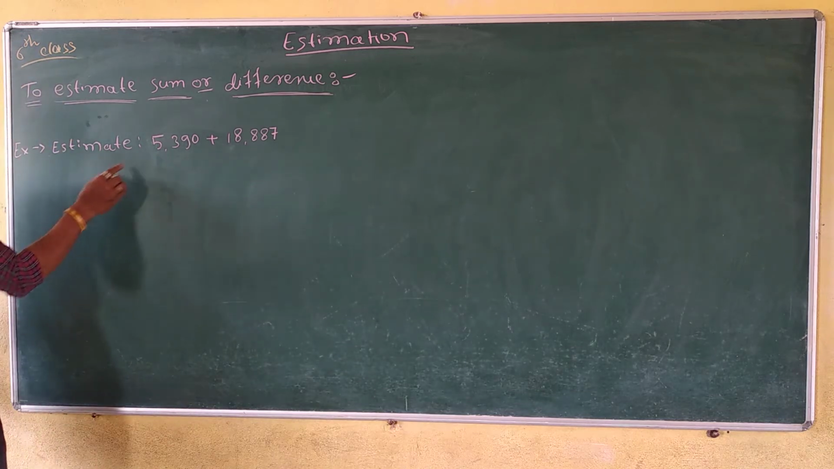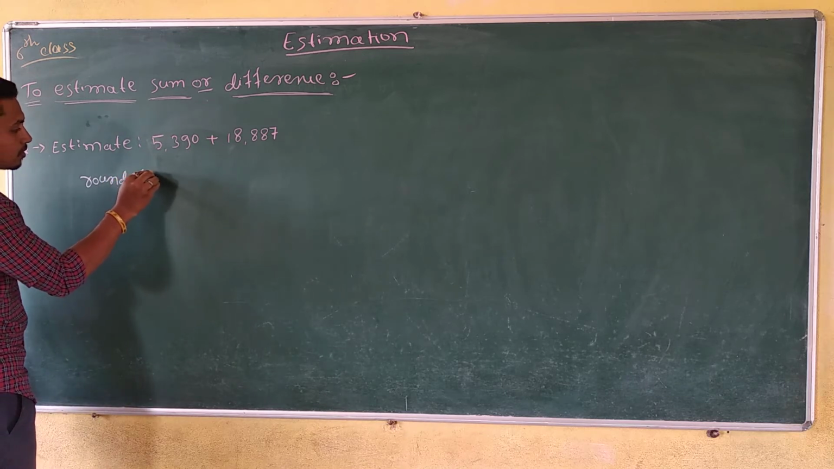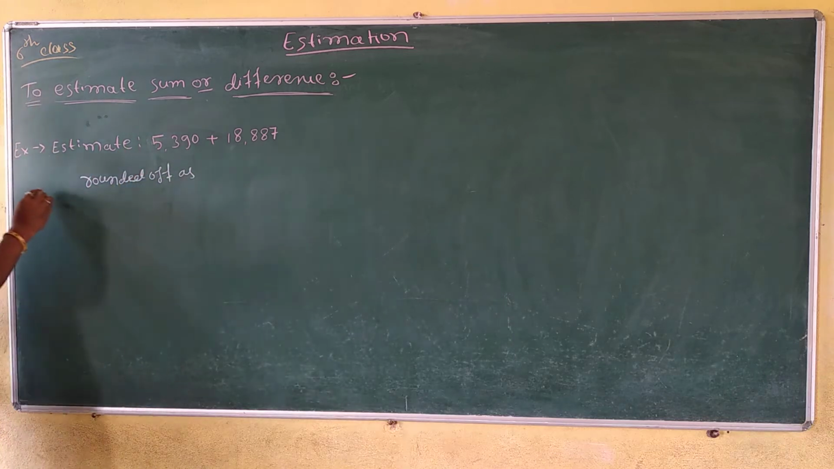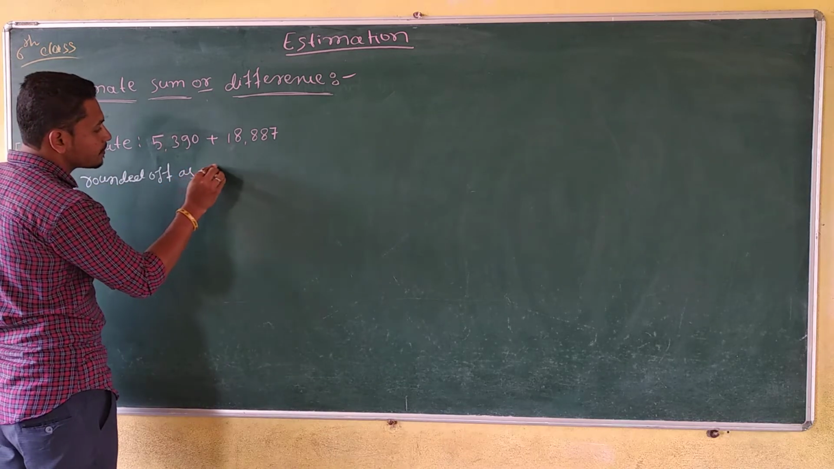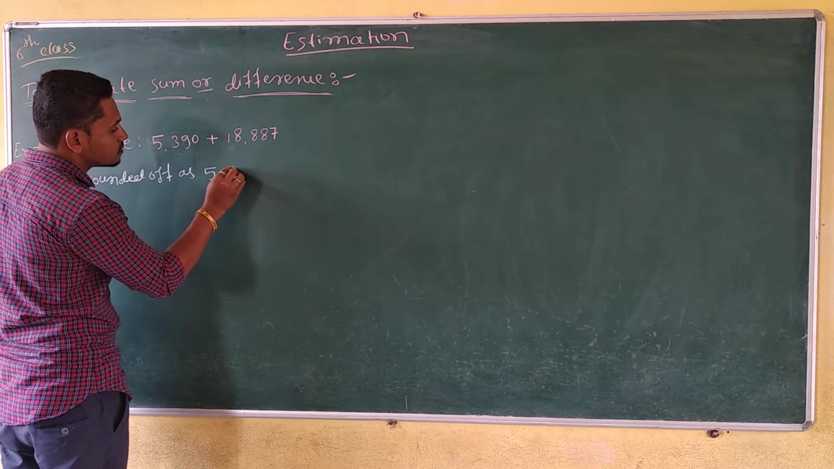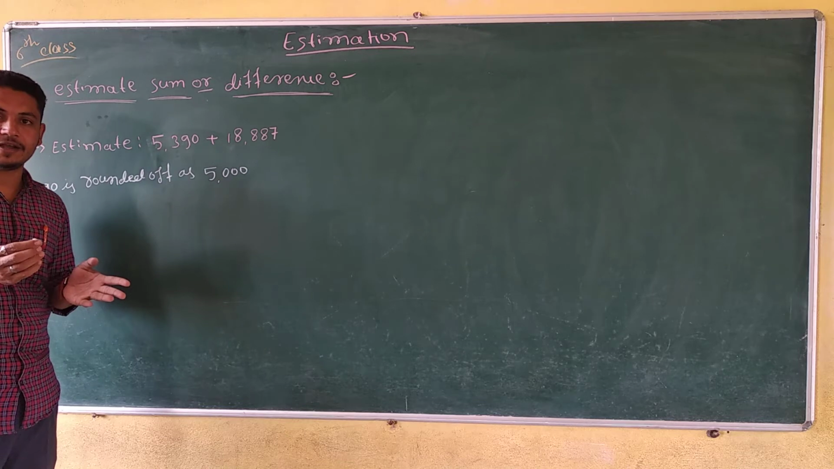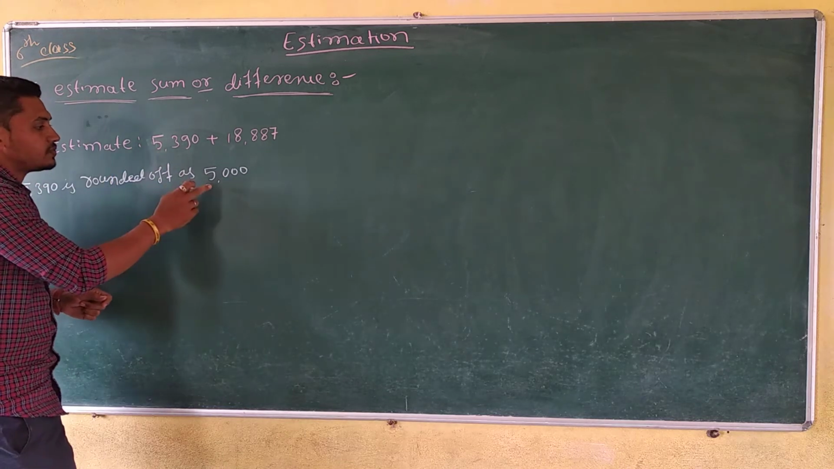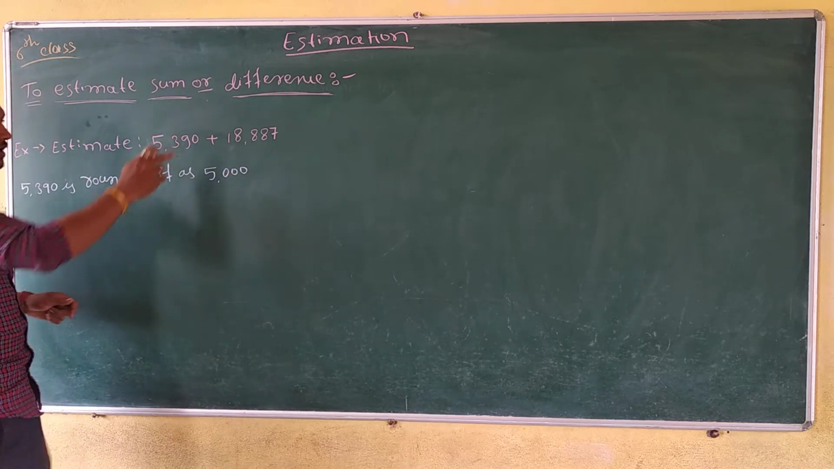Is it right? So the first number, 5390, is rounded up as 5000. See here, 390 is nearest to 0. So that's why the 1000 place is written as it is and the 3 numbers become 0. Is it right? Next number is